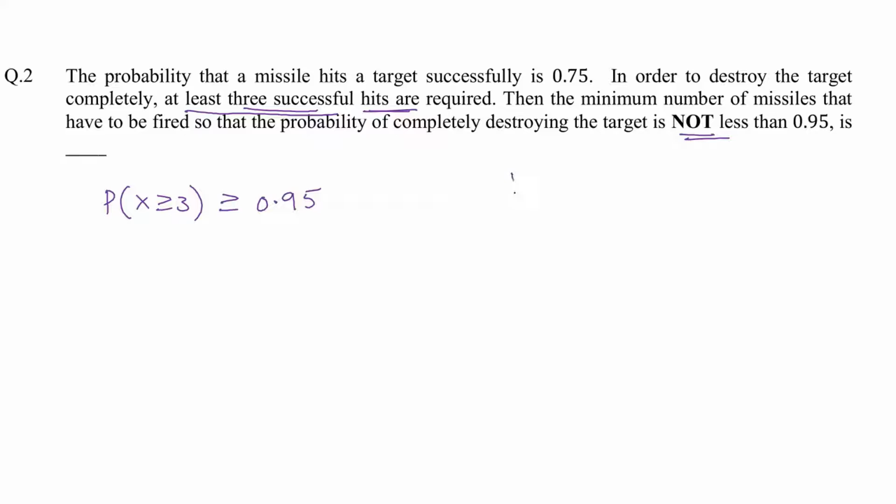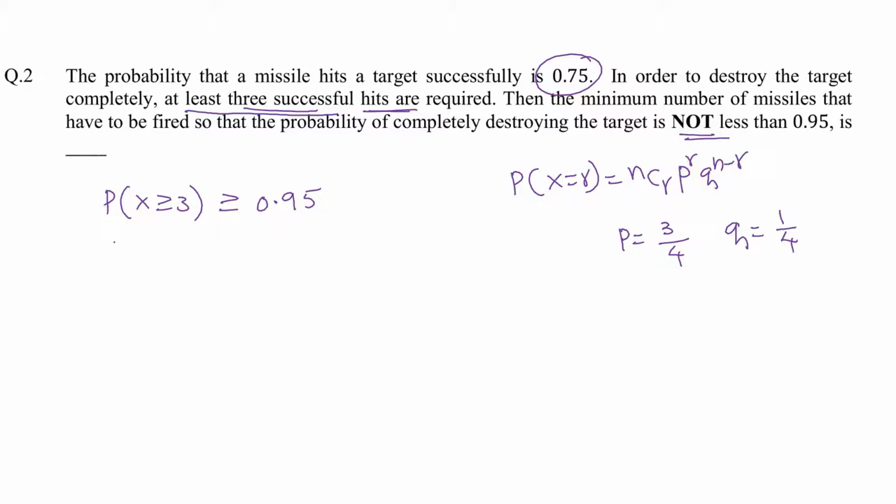So now we know P of x equal to r can be written as nCr p raised to r into q raised to n minus r for independent trials, where n is the total number of trials and r is the number of successes. According to the question, hitting the target is 0.75. So let's take that as the probability of success, and the probability of failure is automatically going to be 1/4. And here the value of r is going to be at least 3.